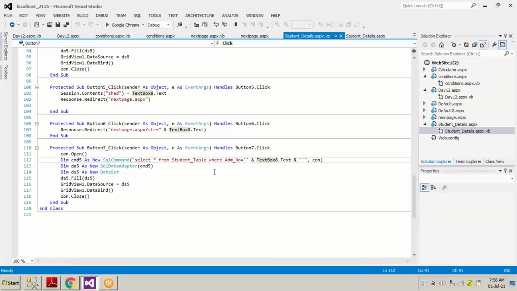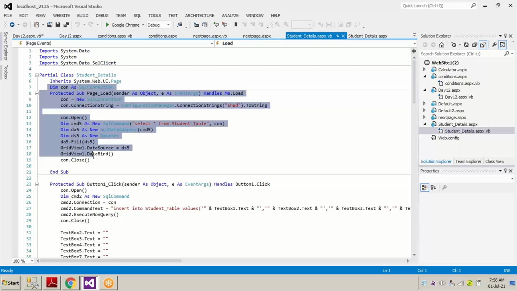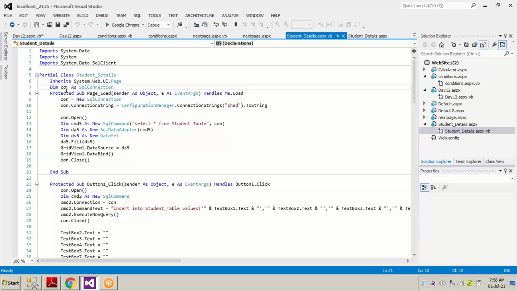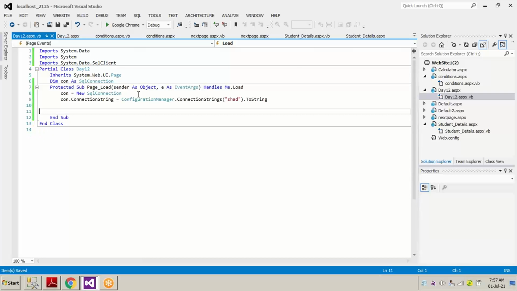This form load event and defining a variable con right over here. Now the connection coding has been done. We don't need this drop down list grid view, because we don't have any grid view on our screen. We have drop down list and list box. So right here in the form load event, we have to write the code.